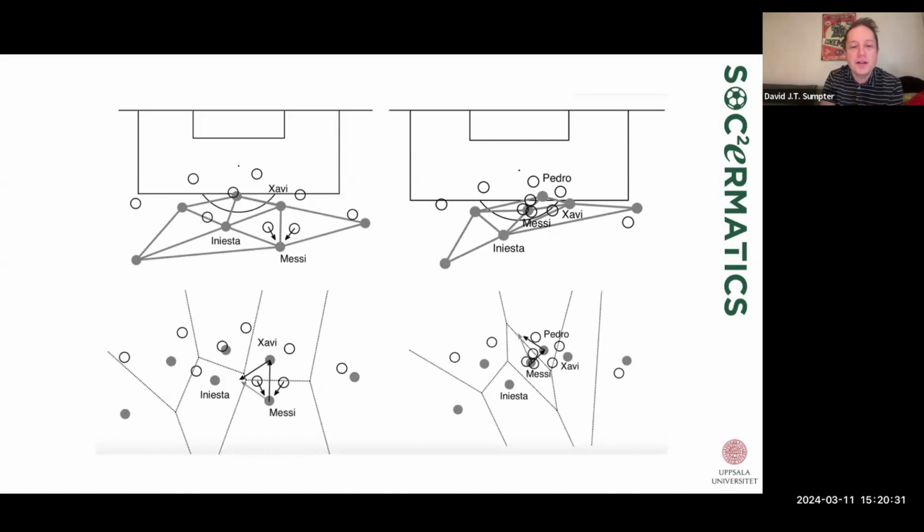And if you look closely in the bottom left diagram there, when Messi makes the pass to Javi, you'll see that the opposition defenders are on the edge of the Voronoi diagram. So they're stuck in the middle. And that gives you a very nice principle for how you can play. Keep opening up space and the triangles will come.